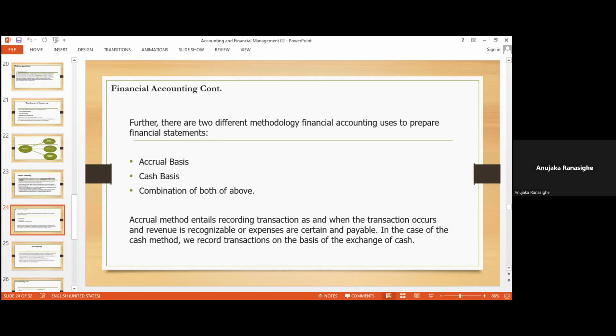There are two types of methodology, two types of basis. We call them accrual basis, cash basis, and a combination of both of the above. We discussed this in the last lesson. Accrual basis is what we call, as I told you,